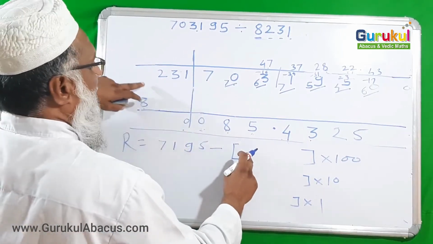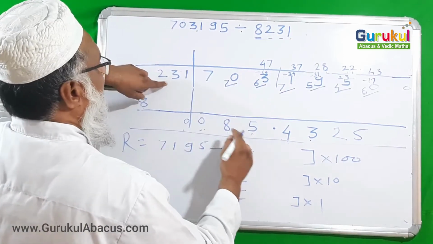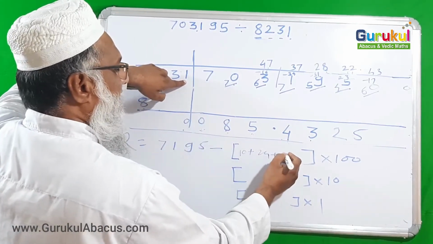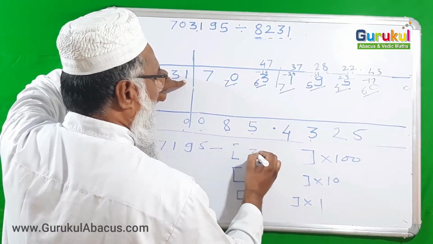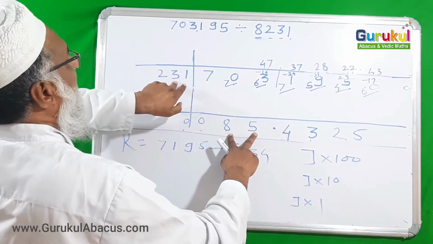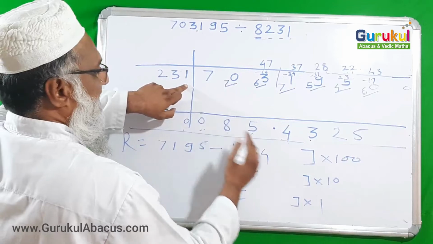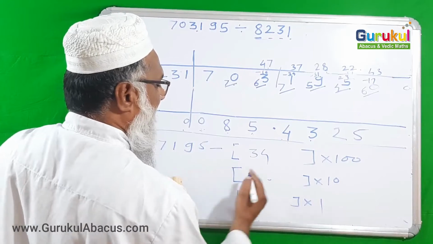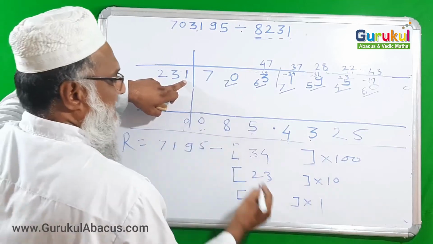And now crosswise, whatever is there, that we are writing here. 5 2s are 10 plus 8 3s are 24 plus 0 1s are 0 itself will come, so just 0. So 10 and 24 together it is 34 that I am writing here. Okay, now next, those last 2 digits and those last 2 digits. So 5 3s are 15 and 8 1s are 8. 15 and 8, 23 is there, that I am directly writing 23 only for our understanding. And now last digit from here and last digit from here, 5 1s are 5.